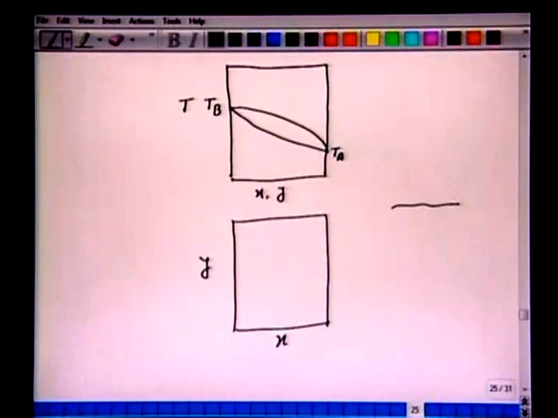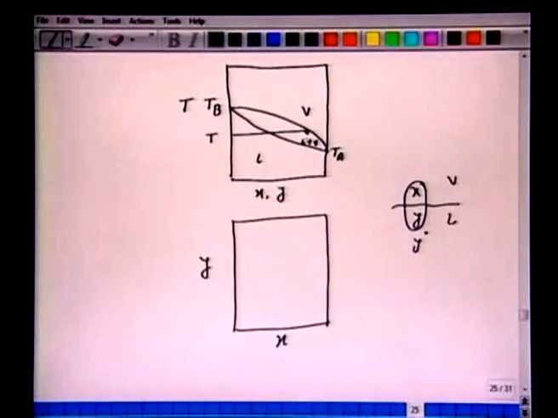So we are talking of vapor phase and liquid phase, y and x in equilibrium. Very often we use y or y star here. Now in the Txy diagram, as we said earlier, if you choose any temperature between TA and TB, then we have vapor phase V and liquid L, so L plus V. It means there will be two phases, and the vapor will have this mole fraction y and the liquid will have mole fraction x of A.